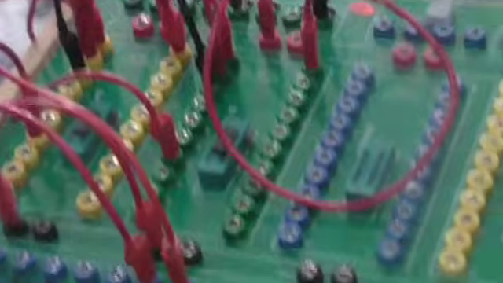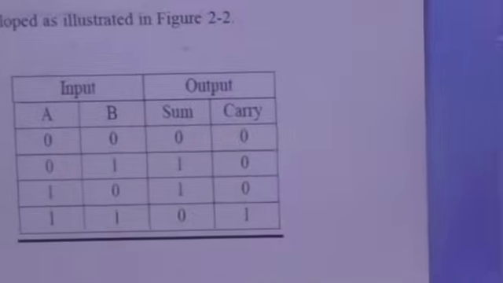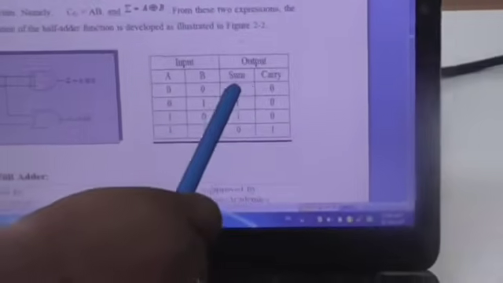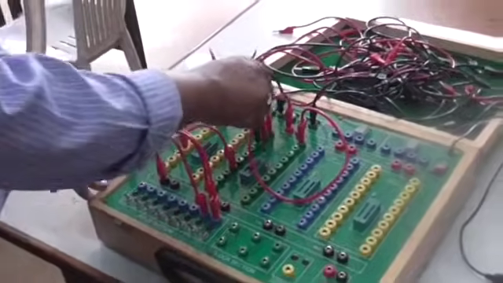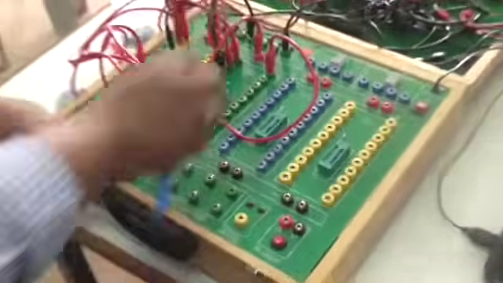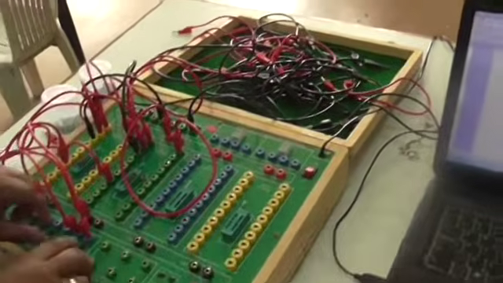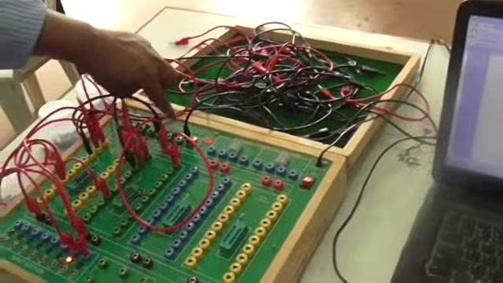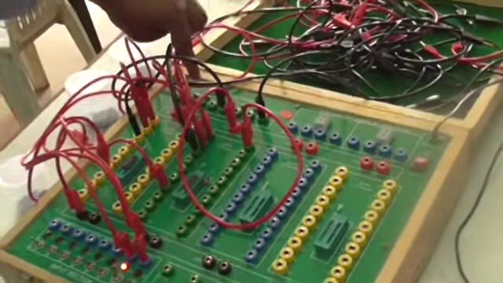Clear? Now we will see the demonstration as per our truth table. If both the inputs are 0, 0, sum is 0, carry 0. Here both the inputs are 0, 0, sum is 0, carry 0. Now the next condition: first input is 0, another input is 1. If 0, 1 is there, sum is 1, carry 0. Now see, here this is 0, this is 1. Here first is the sum, second is the carry. Now check: 0, 1, sum is 1, carry is 0. Okay. Now third condition.